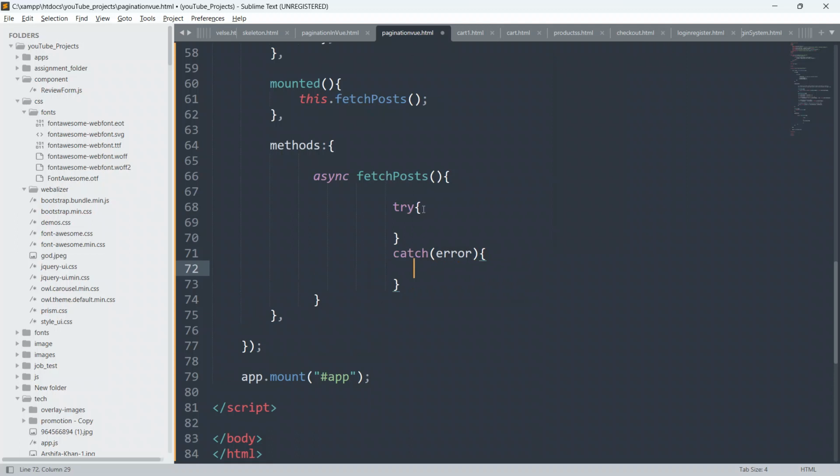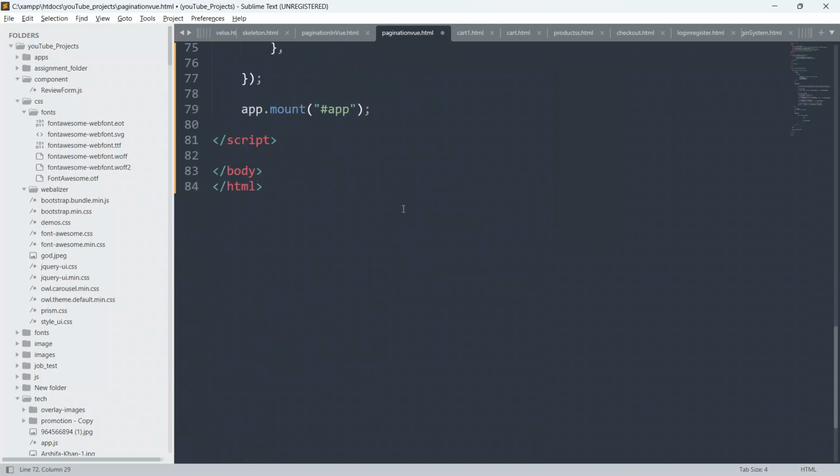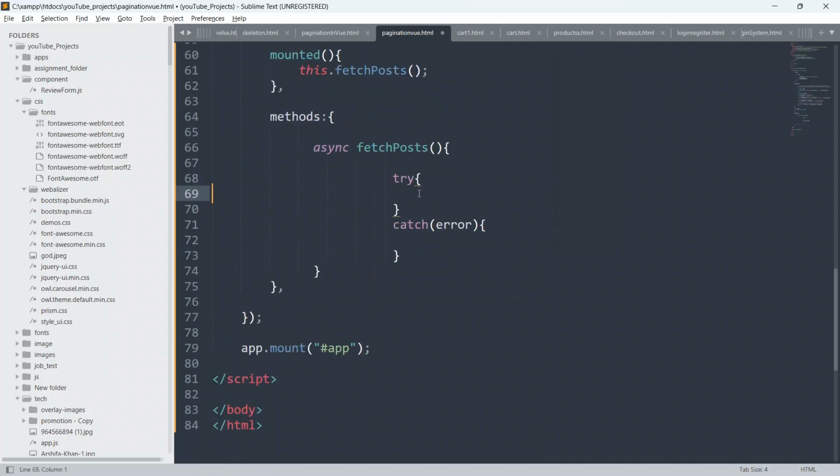Inside the try block we have to write our code which is supposed to throw an error, which is expected to throw an error. That kind of code we write in our try block of code.